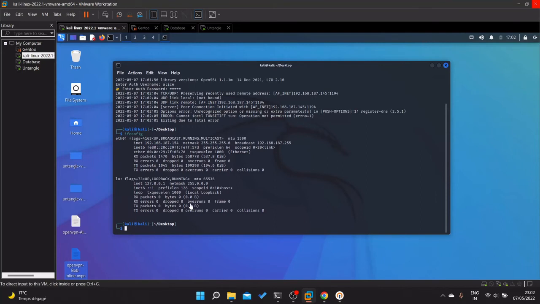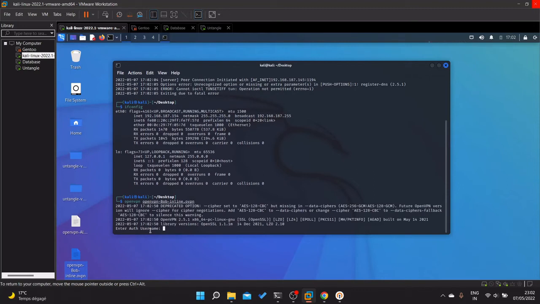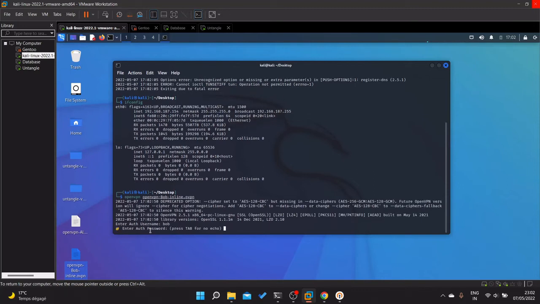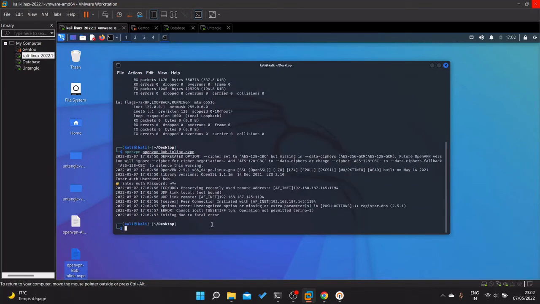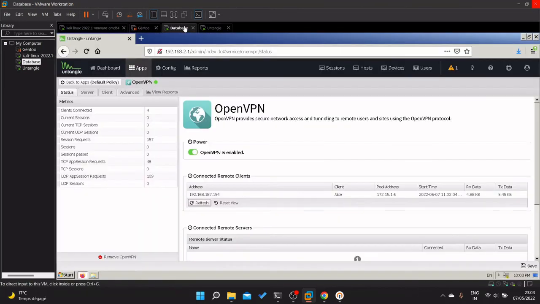So for Bob, we use the same command, but Bob configuration. So Bob username is Bob, password is Bob as well. Trying to connect. Yes, it's now connected, and let's verify here. So we have the Bob this password. Okay. Now let's try to connect